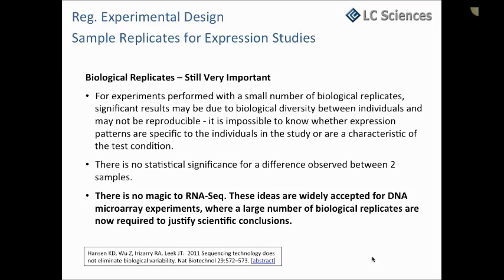If you're just comparing one control versus one treated, and you see a difference, you have no idea whether this is really due to the treatment or just random variation. This becomes, of course, more important as you go to actual patient samples. So where 3 biological repeats are good enough to get some initial data for, let's say,